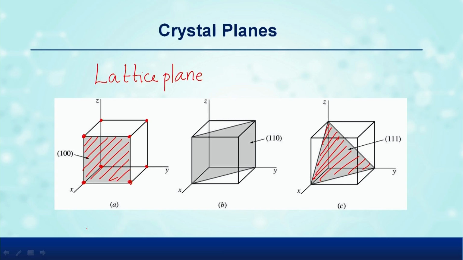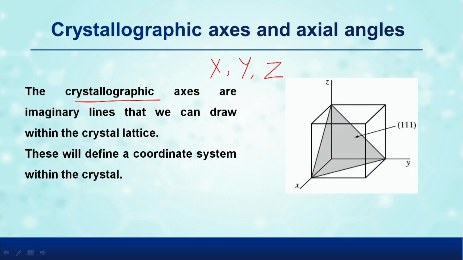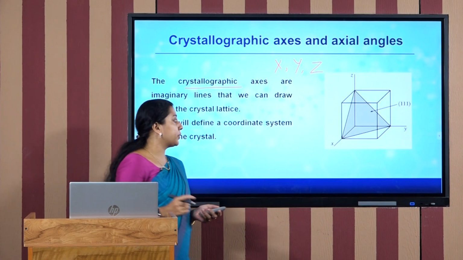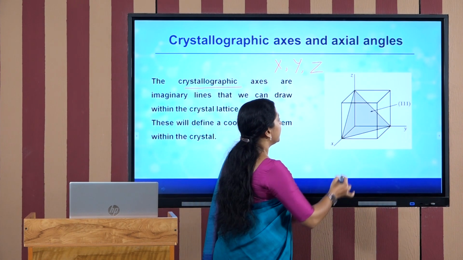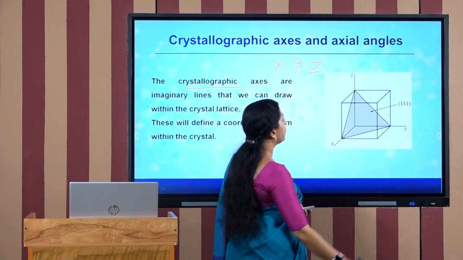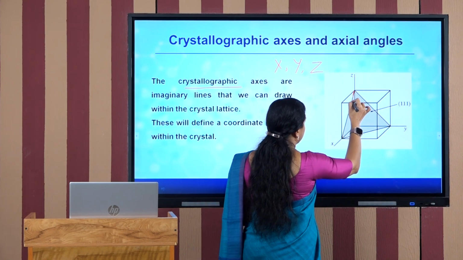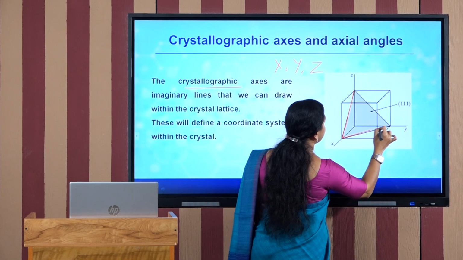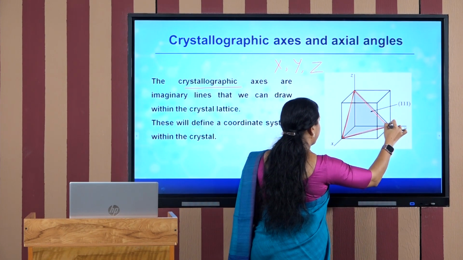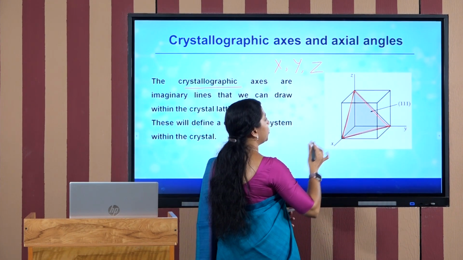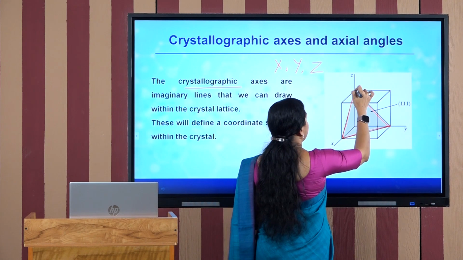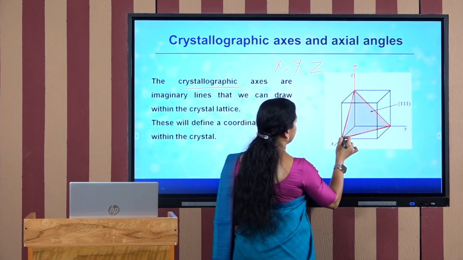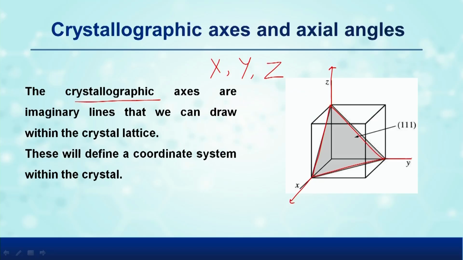The crystallographic axes are imaginary lines that we can draw within the crystal lattice. As you can see in this figure, this is a cubic crystal and there is a plane. In order to define this, we need three axes represented as x, y